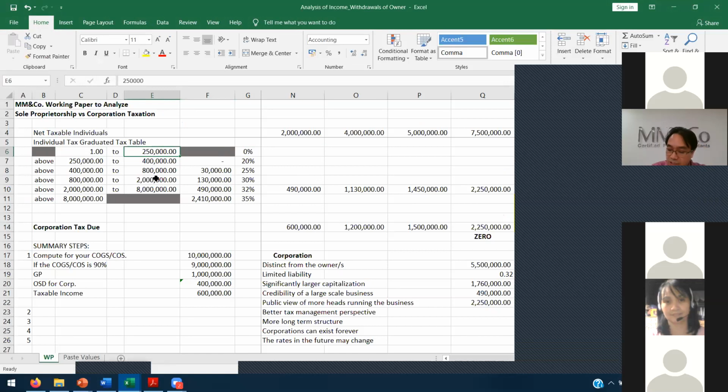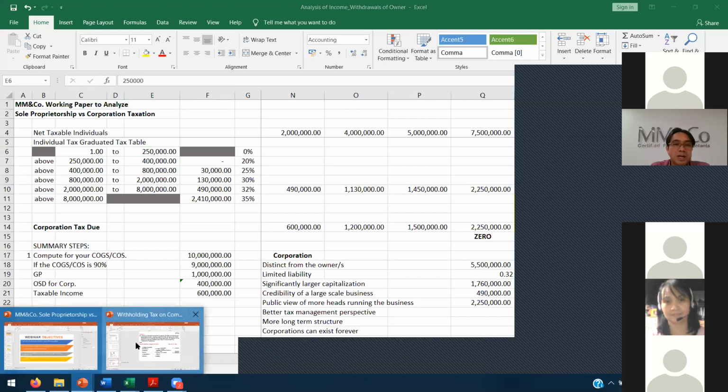Pero sabi mo, loss ka. Opo, bale ganito sir, yung sweldo ko kasi 180 lang po. So hindi naman naabot ng 250. Then yung sales ko nung simula noon hanggang ngayon, pag pinag-combine yon, 180 plus yung mga sales ko, hindi naman nag-exceed po ng 250. Pero loss pa rin po kasi hindi pa rin nabebenta gaano yung mga ibang